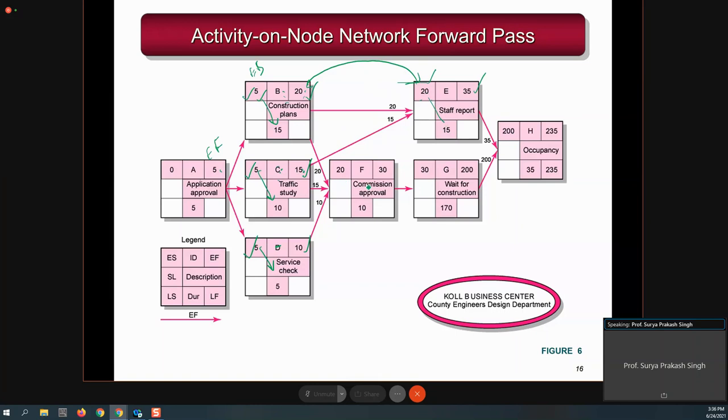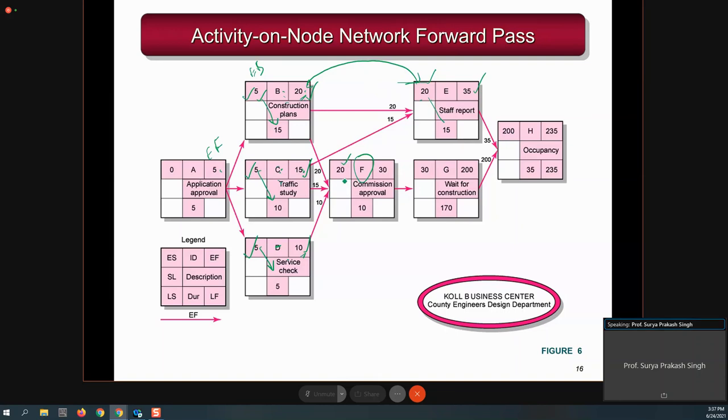Same thing, you can apply the concept at the F. F depends on B, C, and D, and it means that all the three activities B, C, D have to be over. Then only you can start F. So you again have to look at the early finish time for these preceding activities, and the early finish times are 20, 15, and 10. Once you combine these three together, you find that the maximum early finish time of B, C, D is 20. So therefore, it will be the early start time for the F. Okay. In this way, you can do it.